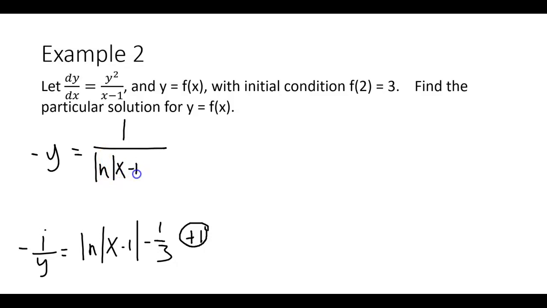Now, this is not the most simplified way of writing this, but I don't care. When it comes to FRQs, you don't have to have things in simplified form. You could try to simplify this, but I wouldn't. You're probably going to get something wrong if you do. Just do it. I just did the reciprocal on both sides, and we're good to go there.